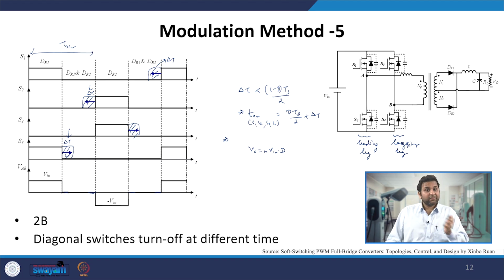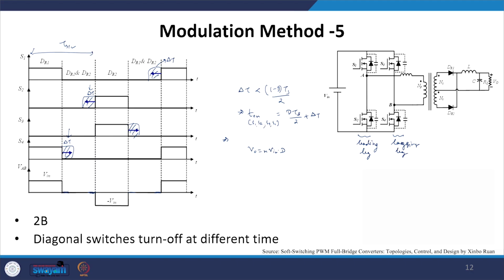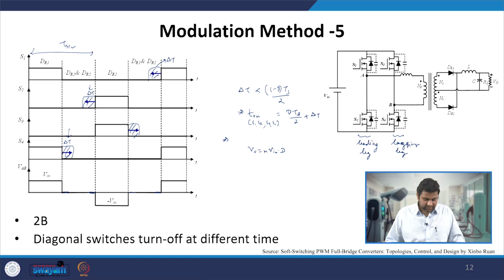However, we will see in a subsequent lecture that this method will help you achieve soft switching of the switches, which will impact the switching losses and the losses of the entire converter. And that is when these methods are used to achieve very high efficiencies in this converter, because generally we are switching this converter at very high switching frequencies such that the size of the inductor and passives is smaller. So here the possibilities are the second possibility from the leading leg side and B possibility from the lagging leg side.